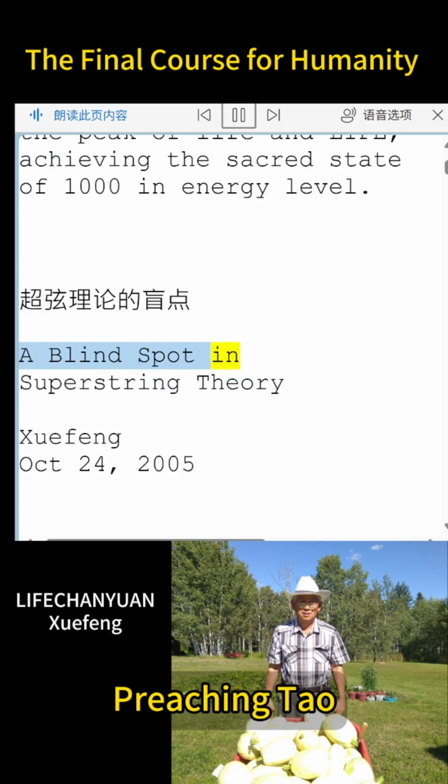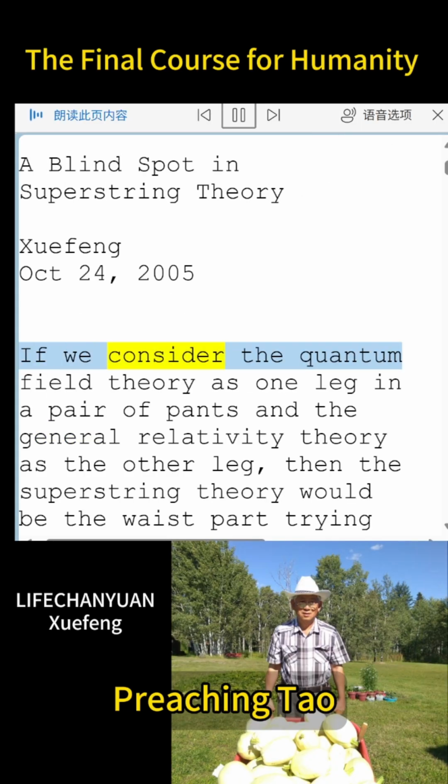A blind spot in superstring theory. Xiefeng. October 24, 2005. If we consider the quantum field theory as one leg in a pair of pants and